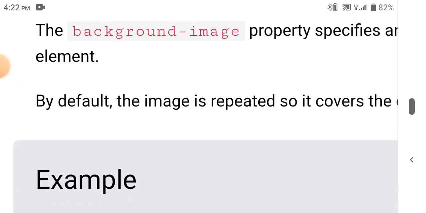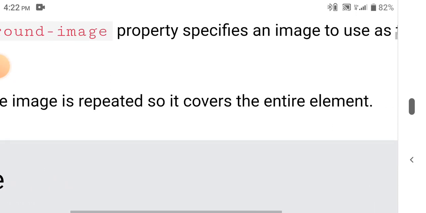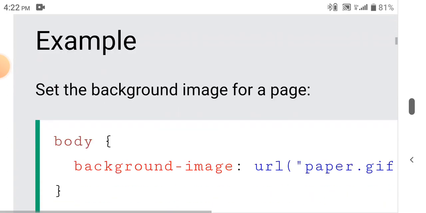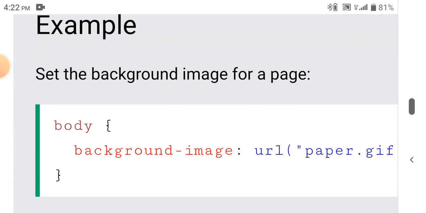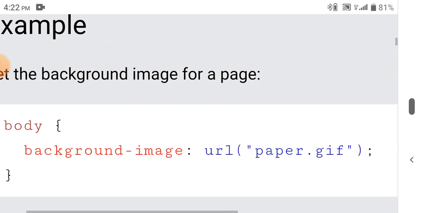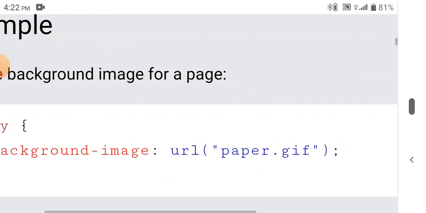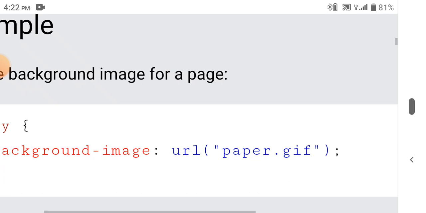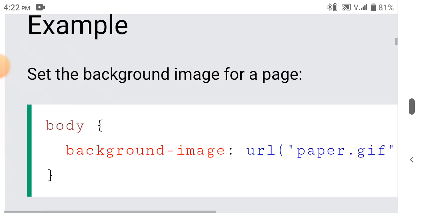By default, the image is repeated, so it covers the entire element. Example: set the background image for a page. body { background-image: url("paper.gif"); }